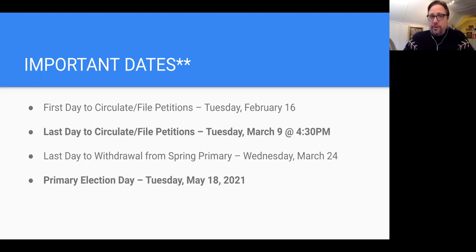All you do is go into security where the sheriffs are all at the front door, and you tell them that you're going to the elections office to pick up nominating petitions. You'll go through security, go down to the elections office, and they have every office broken down. They have a petition and an instruction form for every single office in Erie County. If you are thinking that maybe you want a couple of extra copies, they have lots of extra blank nominating petitions that you can take with you as well.